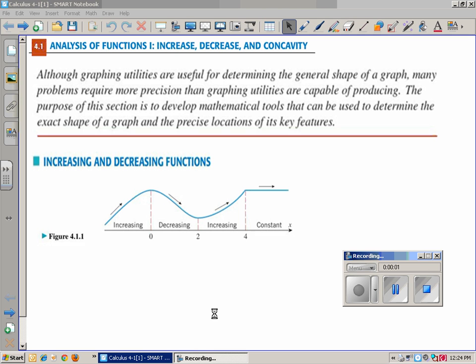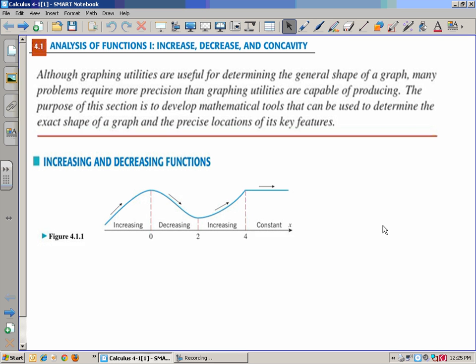All right, so right now we are starting in Chapter 4, Section 1, and we are going to talk about analyzing functions. And the important thing that we're talking about today is determining whether or not a function is increasing,